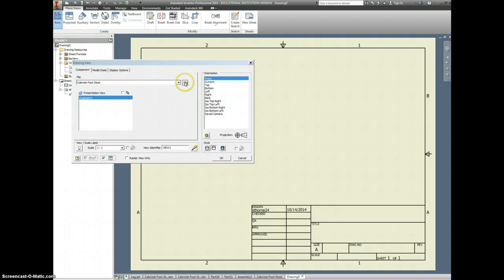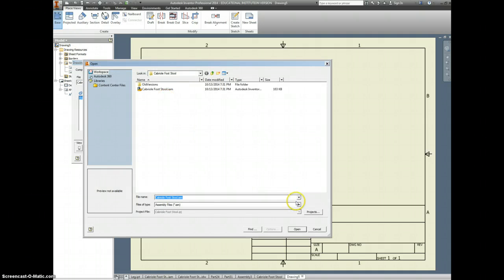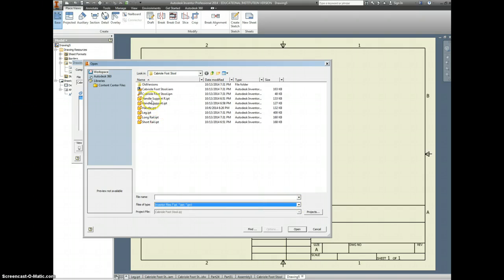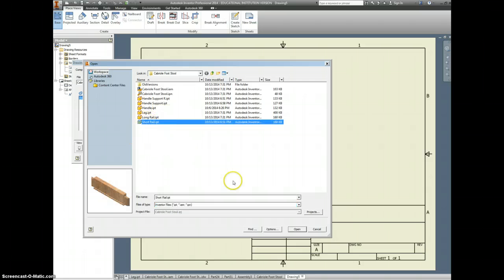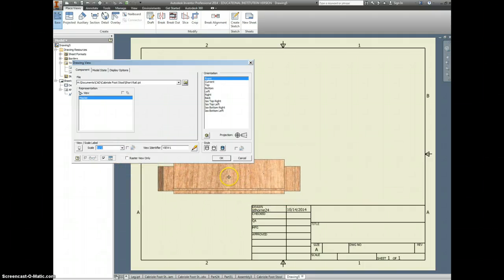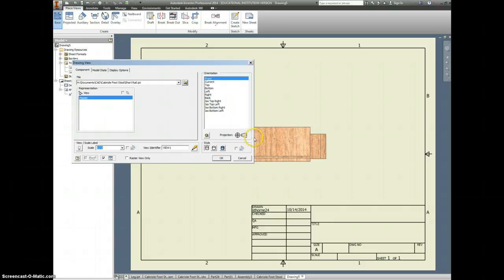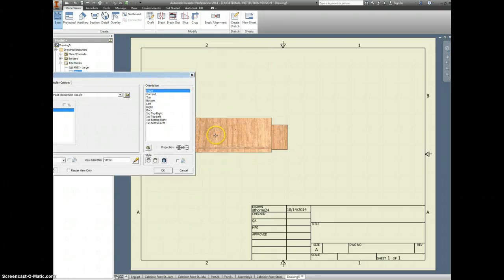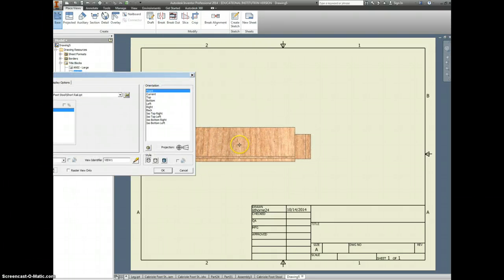Go to your base, and we need to make sure, if it looks like mine, that for file types you want all Inventor file types. And we'll put in, let's go with the short rail first. This is way too big, so let's see what half scale looks like. Half scale looks doable. We'll use this. And here, we'll just put it in to where we have a front view,